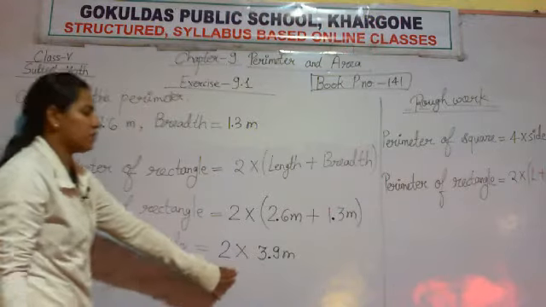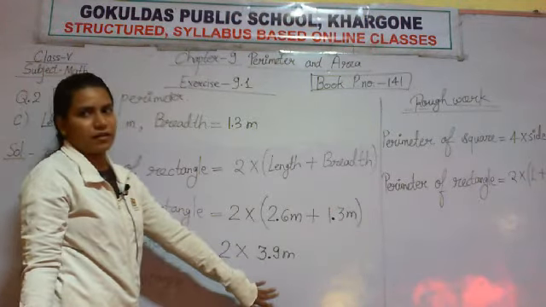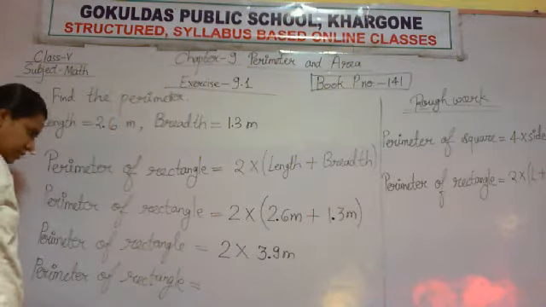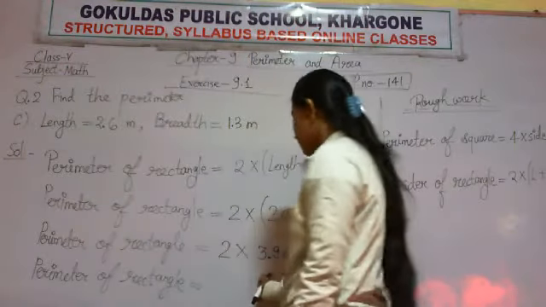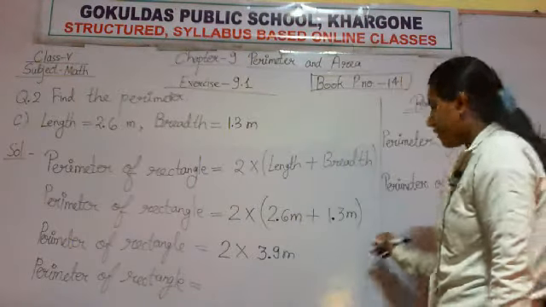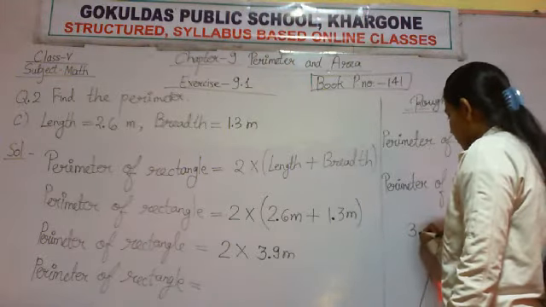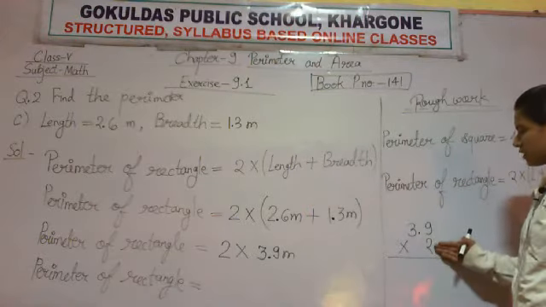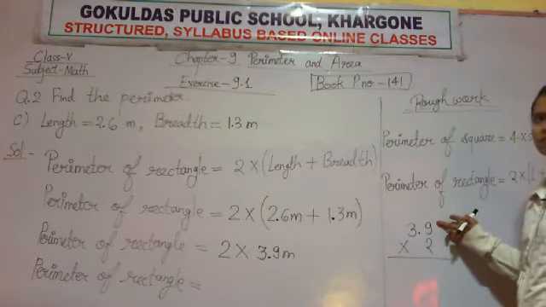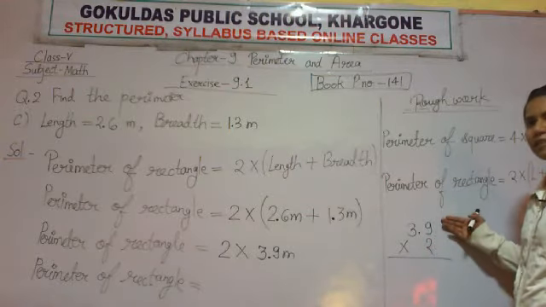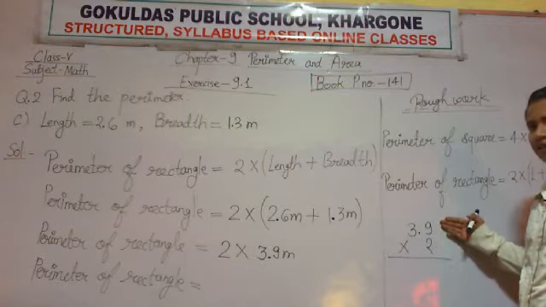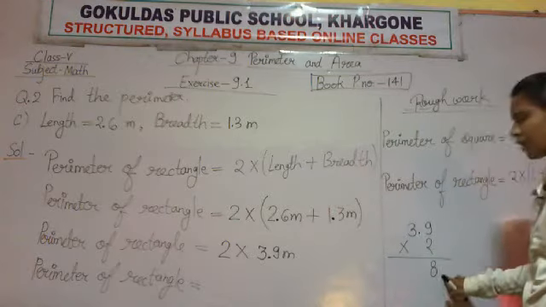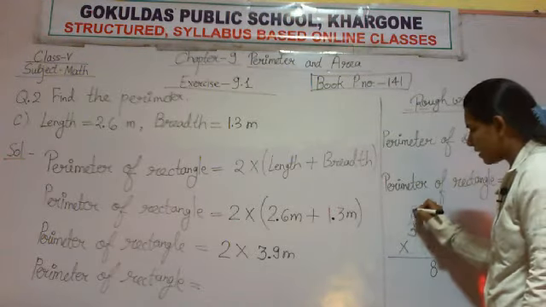Now in the next step solve this. 2 multiplied by 3.9. It is a decimal number. You are multiplying it with 2. So what will you get? Arrange both the numbers column wise. How do we multiply? In rough work I am showing you 3.9 multiplied with 2. So ones place will get multiplied by ones place, right? So this 2 will get multiplied with 9. 2 nines are 18. So I need to write 8 in the ones column and 1 carry forward.